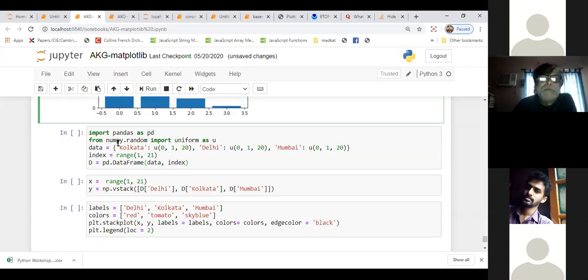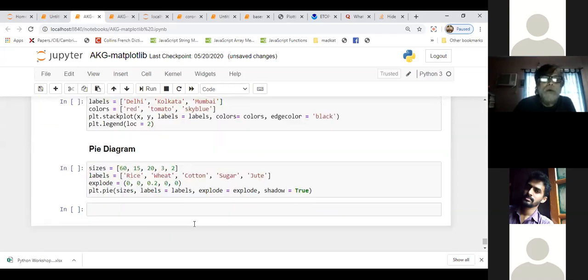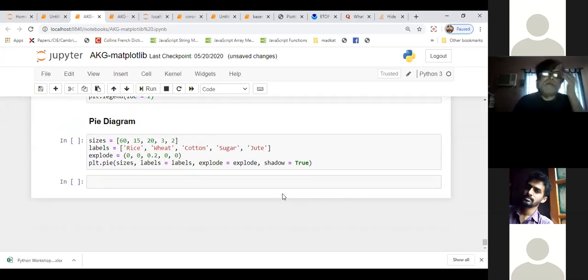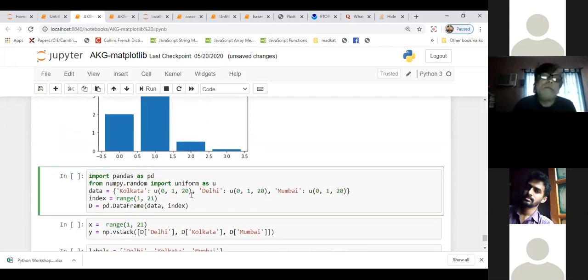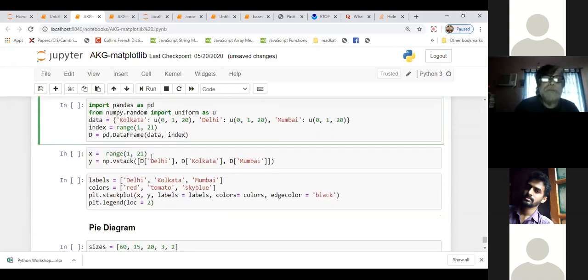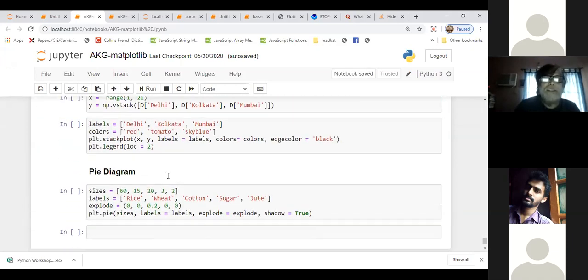And now I can tell you, I showed you, but I won't go through this now, because I will go through this again tomorrow after I formally introduce you to pandas. Pandas is a package which will be useful for you, like when you want to handle big data. Okay, so the last part is this pie diagram. I skip this part for today.